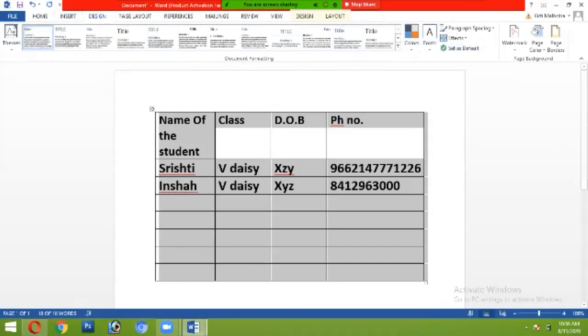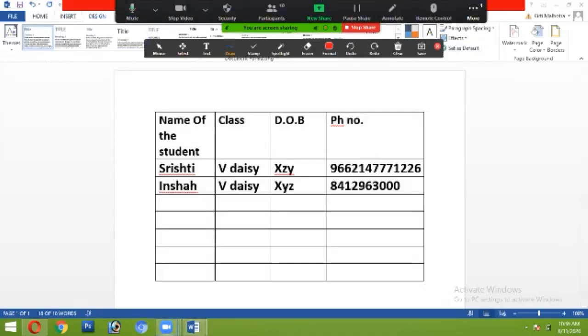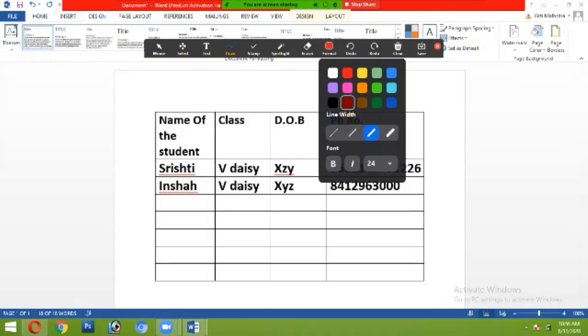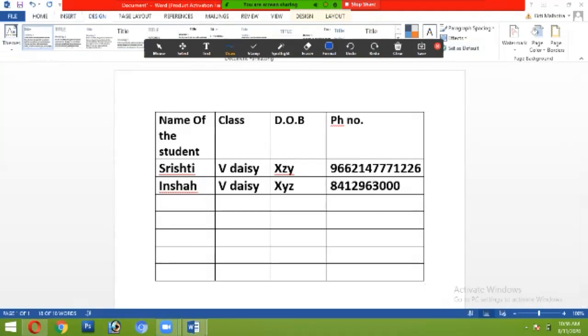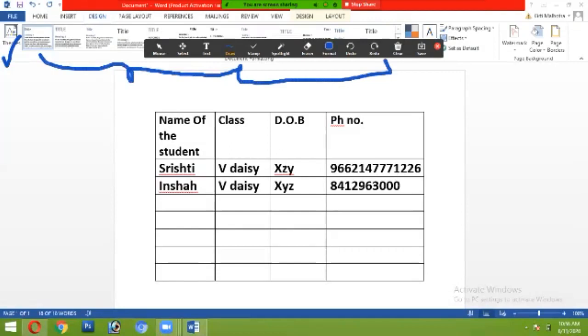I'm marking the themes with blue color. These are all the themes which you can find in your design tab. And these are the colors which are being shown here.